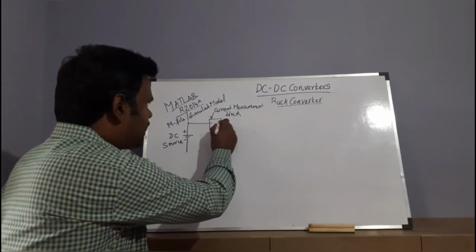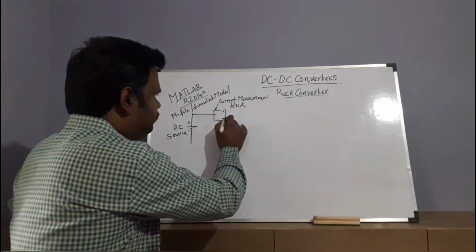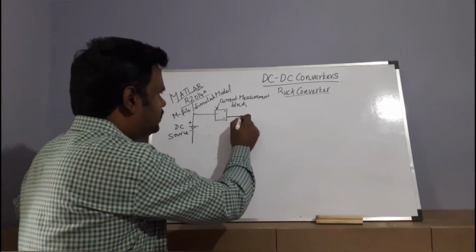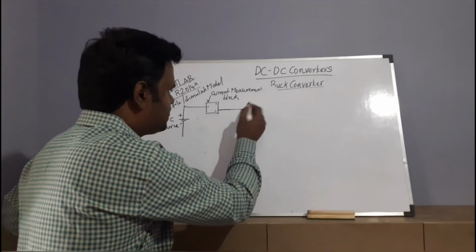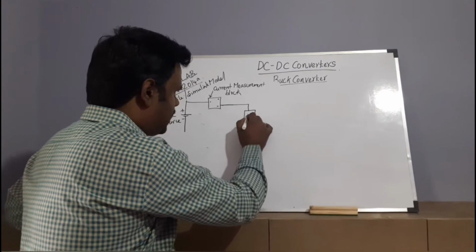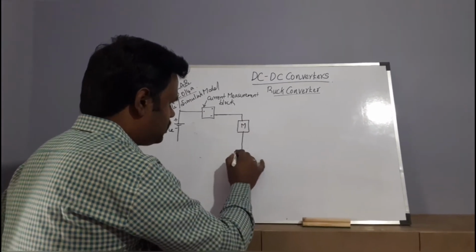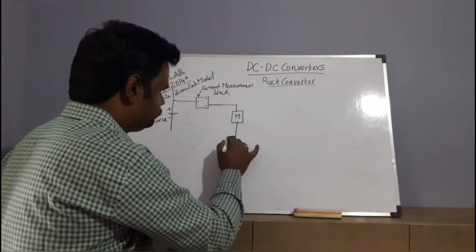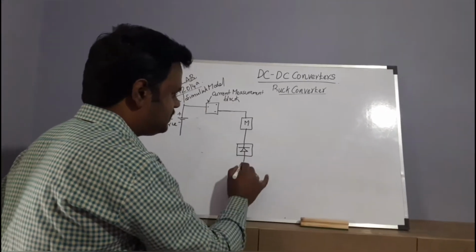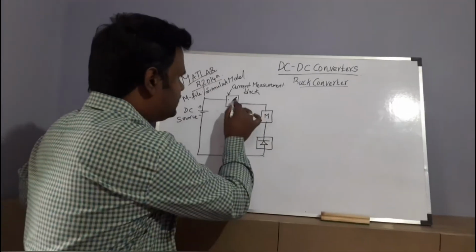This is one part, and you will get this another thing, right? From this part, you are going to connect it to the MOSFET switch, right? MOSFET or BJT, whatever it may be. So let it be MOSFET for us. I am putting M as MOSFET, and then this has to be connected to the diode, right? So I am connecting the diode here. Remember, it is a diode, so it has to be connected like this, right? Here there is another terminal.